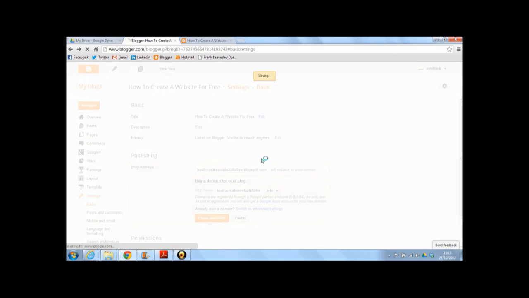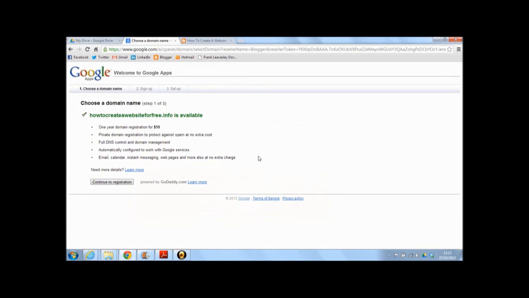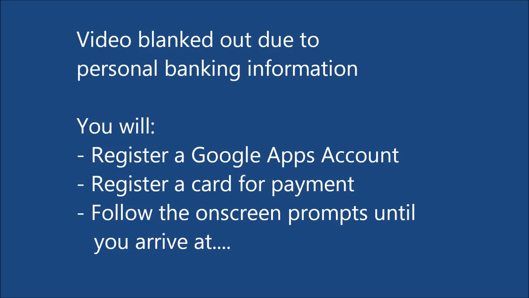Are you sure? Yes, leave this page. And there it says how to create a website for free.info is available, and there we can go. So I can continue with registration. Now this is all powered through GoDaddy.com, which is a registrar for domain names. Now all the way through we've always said less than $15, but there we go. It's actually $10 to register this for you, so it's less than $15. So I'm going to continue with the